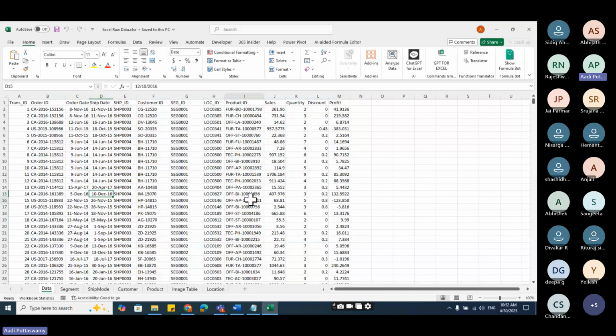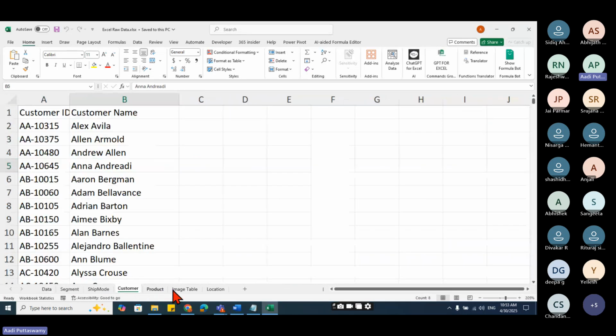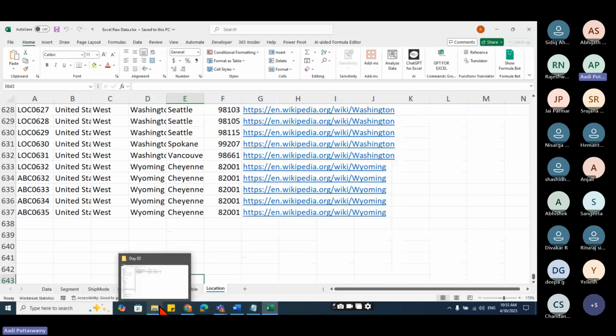So people, how to analyze the data and things like that. We have a lot of videos which I've already done. But again, if you just observe this, this is how the data will come. Let's assume that I get the data like this in an Excel sheet. How many sheets are there? Say 1, 2, 3, 4, 5, 6, 7, 8. There are many sheets. It can go more other sheets as well.